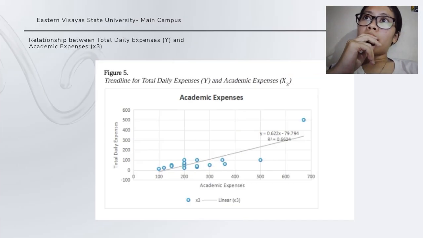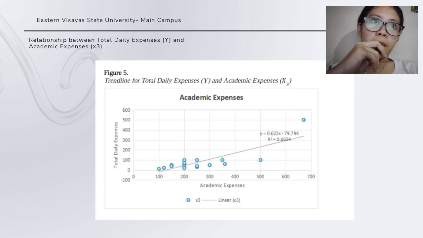Next is a table for our dependent variable y, the total daily expenses, and our x sub 3, our academic expenses. So this shows the relationship between the two. This graph shows the steepest impact among the three independent variables. Why? Because it has the highest, 0.634. It shows that for every 1 unit increase in academic cost, the total expenses jump